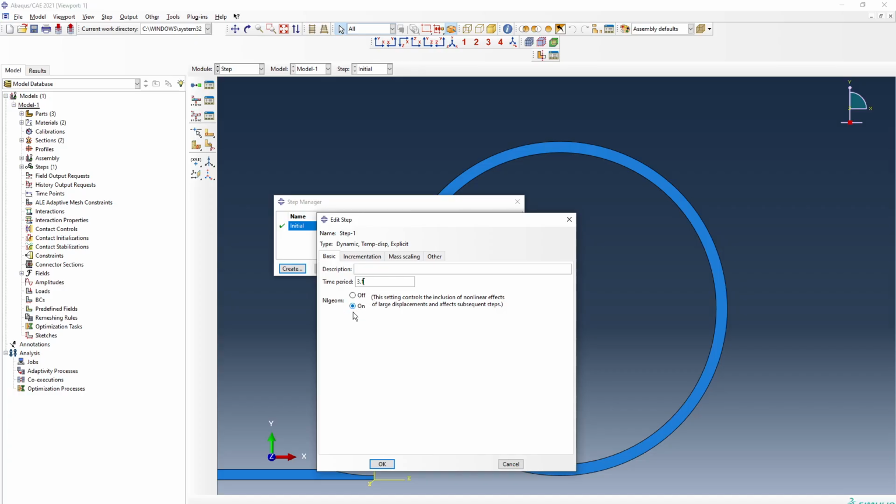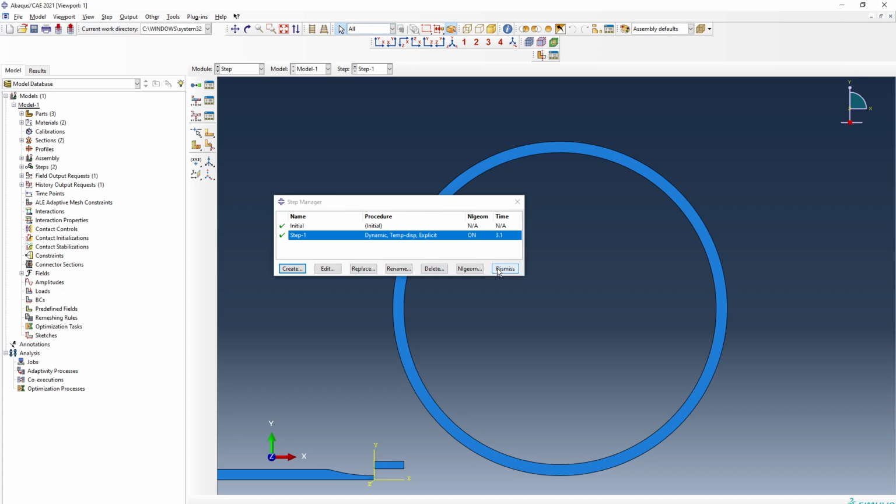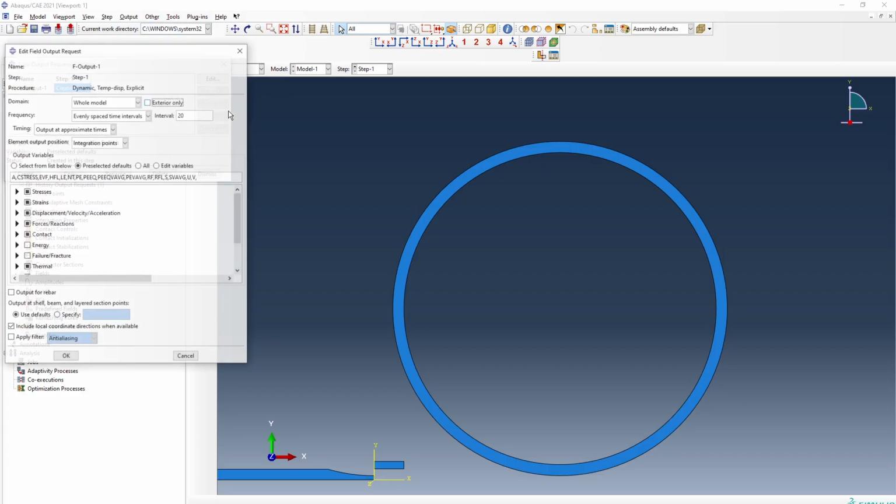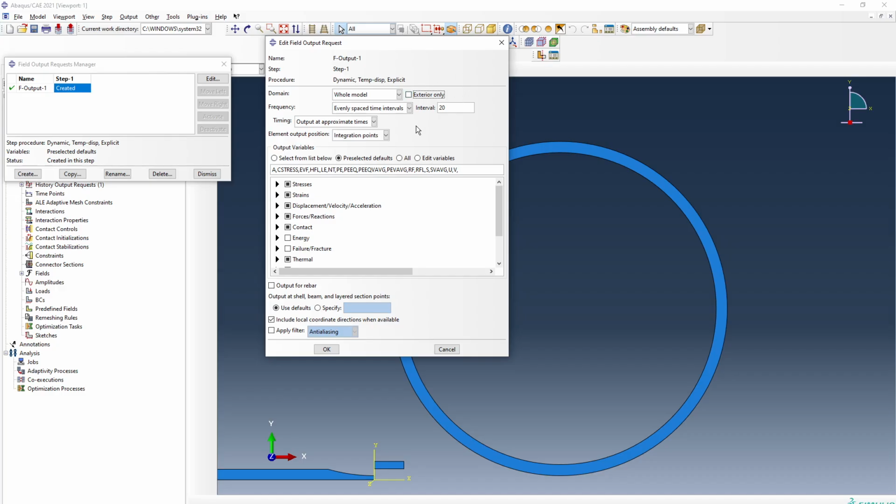Now, nonlinear geometric effects, I'm going to leave it as on. Incrementation is automatic. I don't need to do anything different over here. I'll say okay. Dismiss. Next, in terms of output field requests, what I'll do is I will ask for the solution at 200